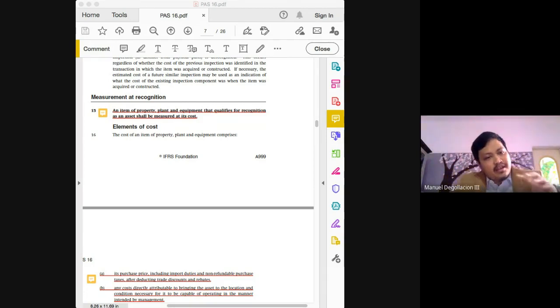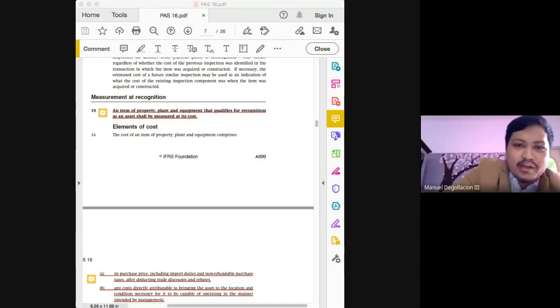Okay, the first thing, again, if you're only capable of remembering two things: number one, initial measurement. What is the initial measurement for property, plant, and equipment? It is to be measured at cost. Second thing, class, that you will have to remember,